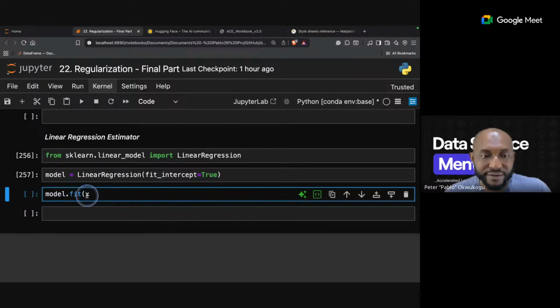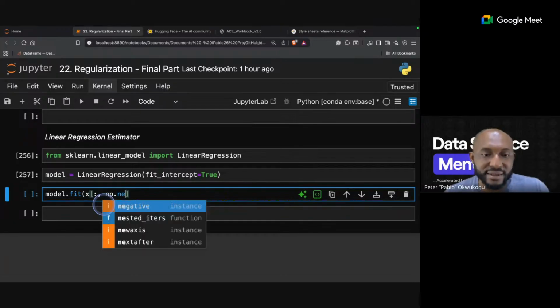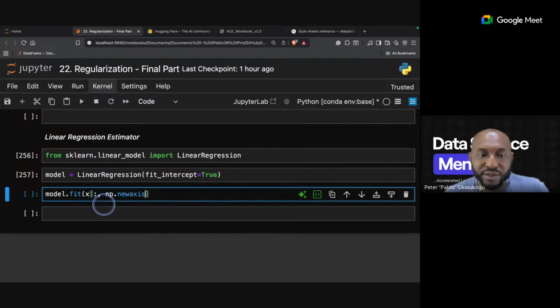So here we have X. Now we're going to put a square bracket here, and inside it we slice X and say we want a new axis. A new axis is like saying, give me a new dimension, right? And then I'll have y.